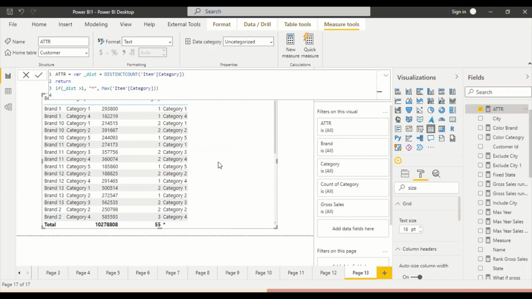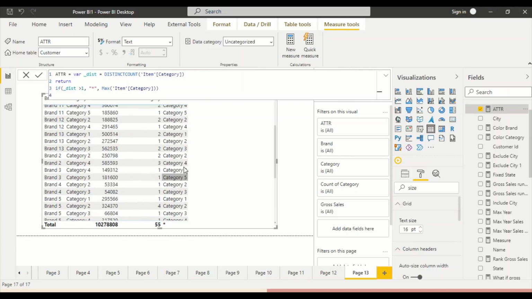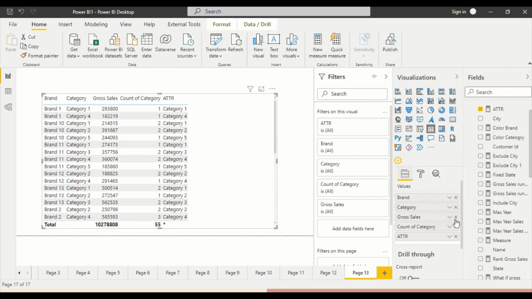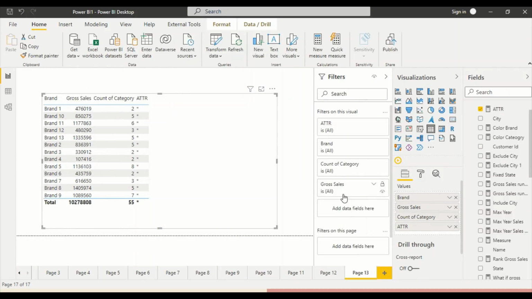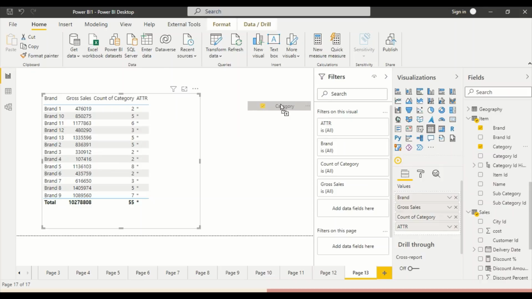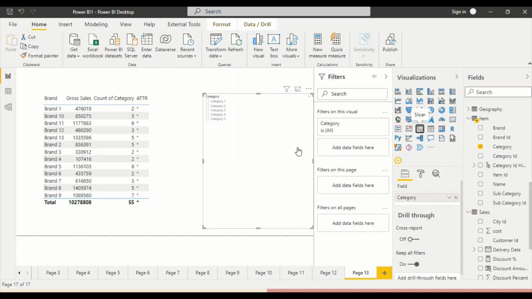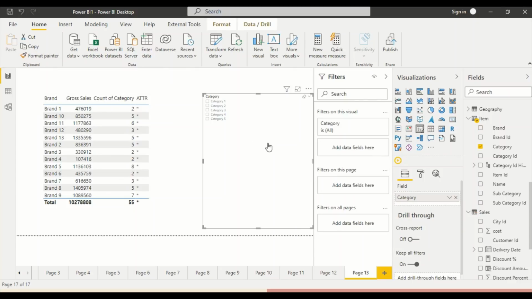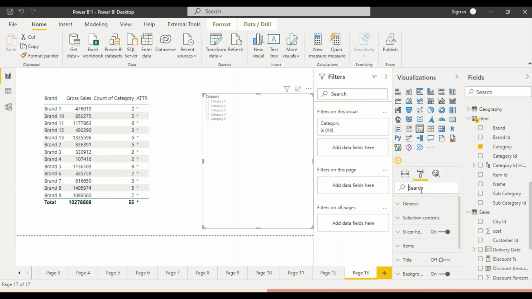Now the same behavior we had in Tableau, because it's single, it's not showing me any star, and even if it's all 2 records, not showing me star. So I think it seems like we reached there, but we have to remove this category from here to understand this better. And now we see everything is star, which is also correct, the first time that's what happened. Now what we have to do is filter. So now I bring in the category here as a slicer. Let me bring category as a slicer out here, and let me do one more thing. Let me click on the format painter, and then let me increase the size. It doesn't work out, so let's go ahead and increase the size a little bit.